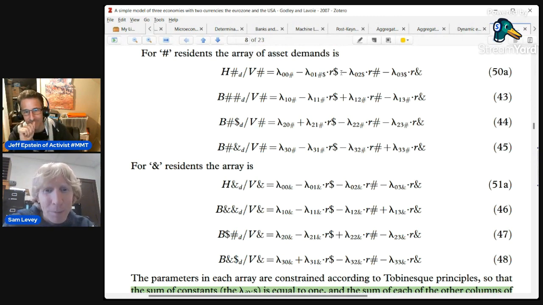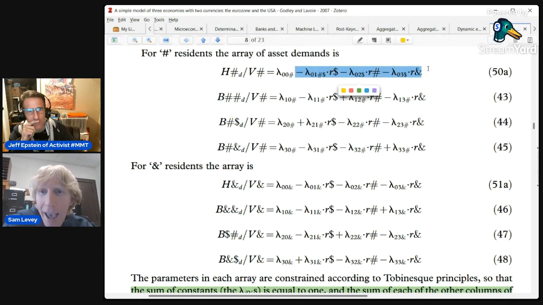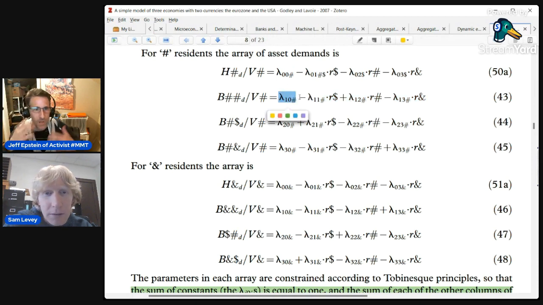So then on the other side here, we can think about what that does for these numbers. We tend to define these lambdas, these coefficients or parameters, in a particular way, and that goes like this. First of all, ignore all of these and imagine we only have the first one. In each of these equations, I'm deleting all of this term and only keeping the first number. So I want to have a certain amount of cash on the top line regardless. I want to have a certain amount of hashtag bonds regardless.